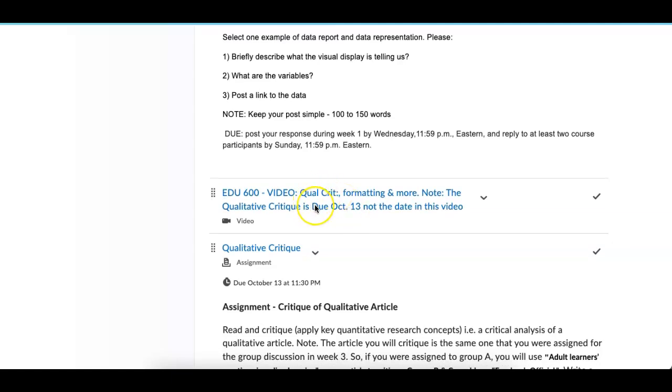There's a video here. Now I do want to say you can take a look at this. This happens to be on the assignment that is due on October 13th, which is at this point a week and 2 days away. Right now it's Friday. That's not due until not this Sunday, but the following Sunday. And this is, the assignment is,